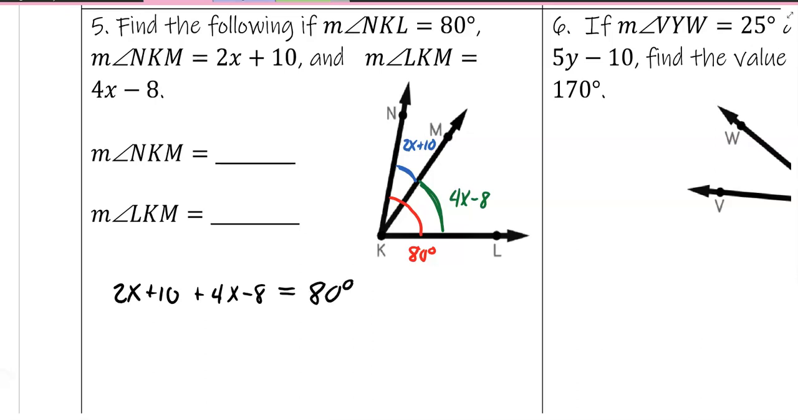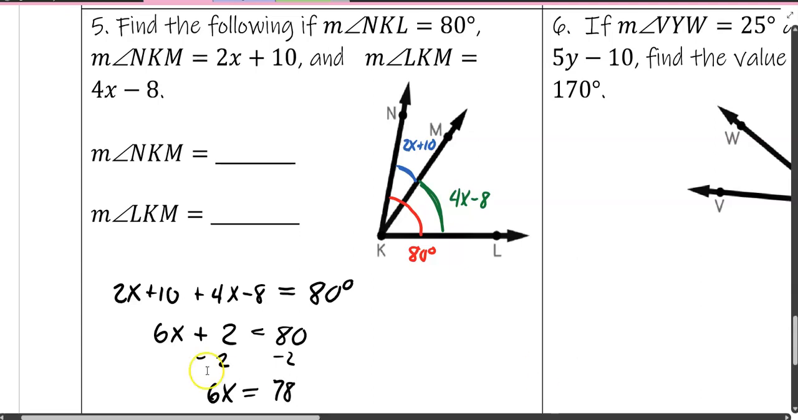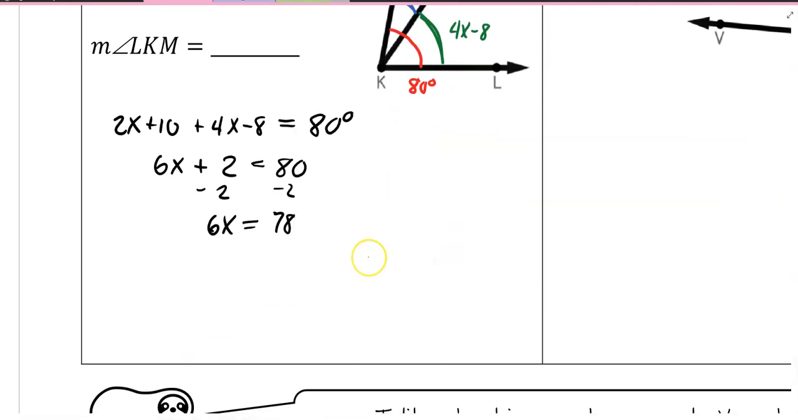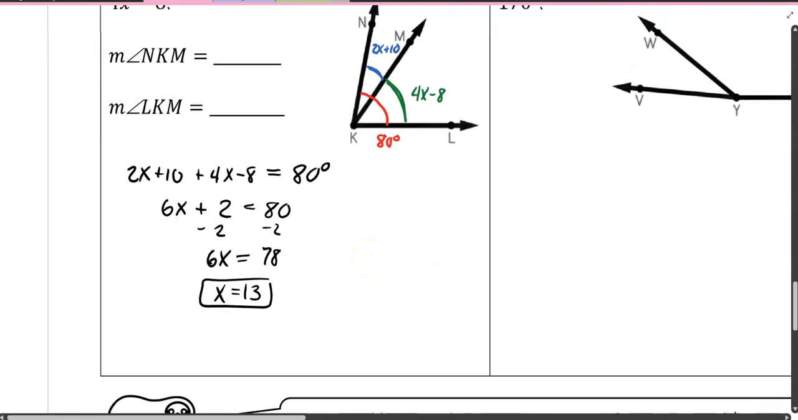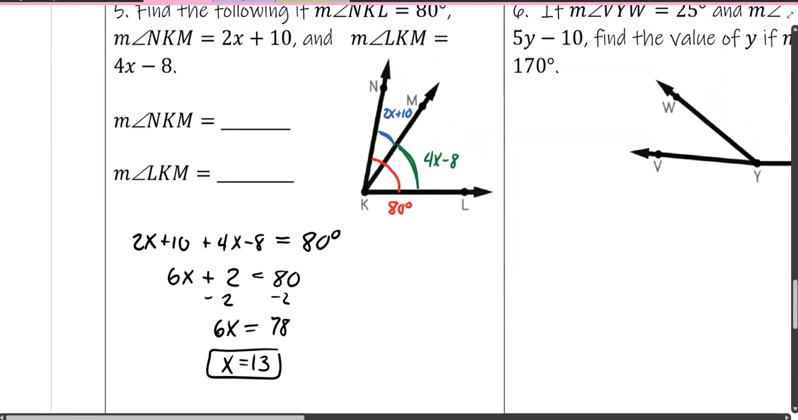We've got to solve for x first, so we're going to start by combining like terms. That's the 4 and the 2. And then 10 and negative 8 is going to give me 2. We're going to then subtract 2 from both sides. We get 6x equals 78. And then upon dividing, 78 divided by 6 is going to give me 13 as a final answer. So now that we know that x is equal to 13,